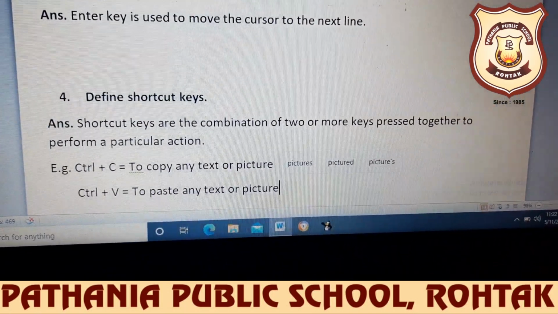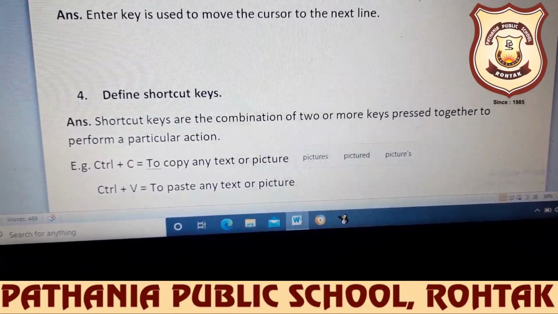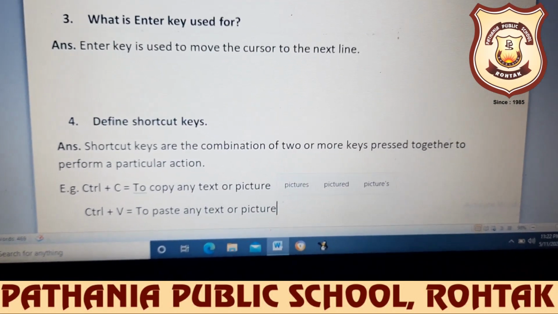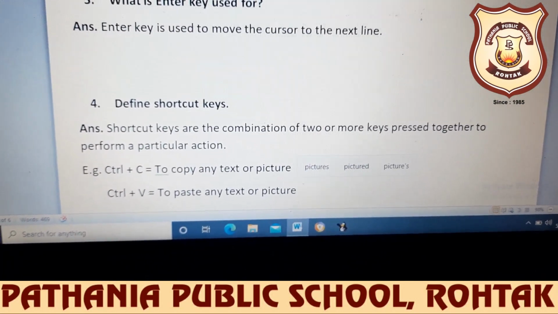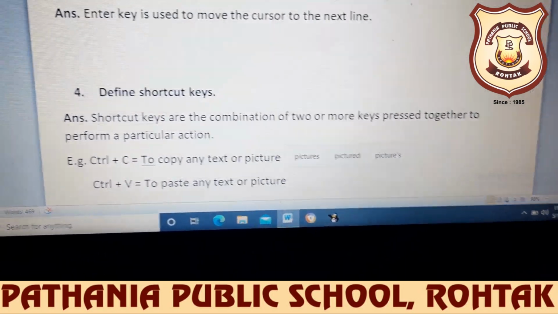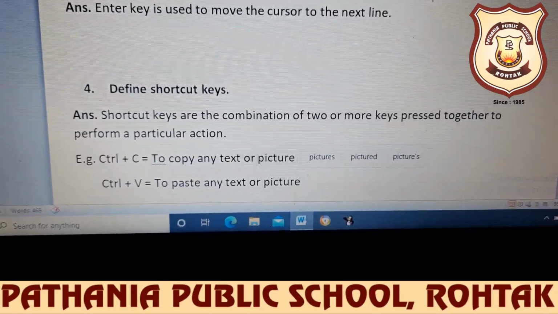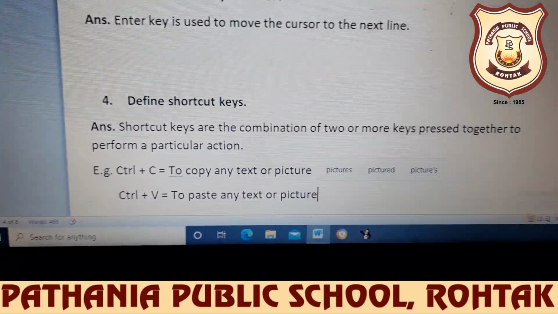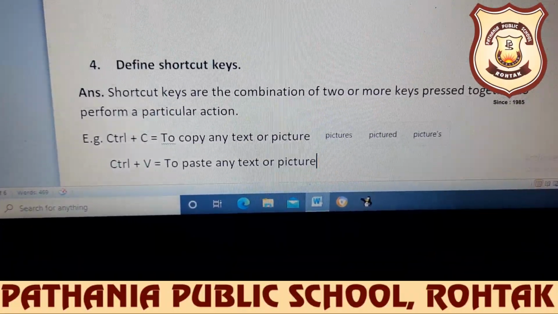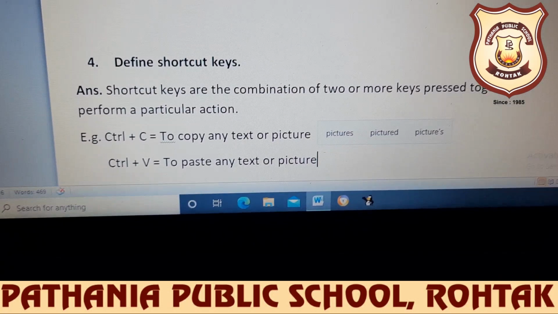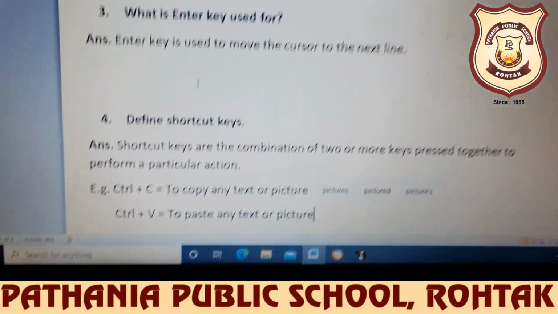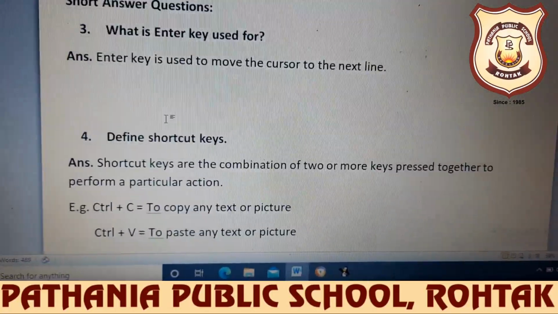Okay, so just write it and write in neat and clean handwriting. This will be clear to you when we do the Microsoft Word chapter, then you will understand these shortcut keys very clearly. Okay, so this you have to do.